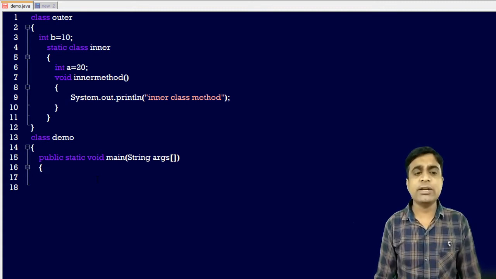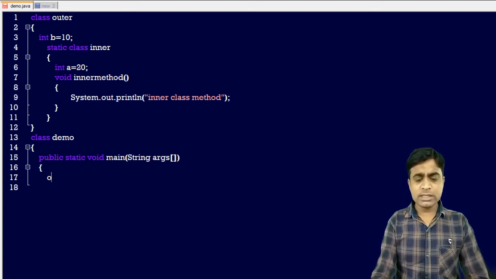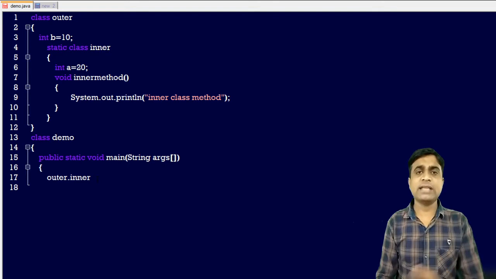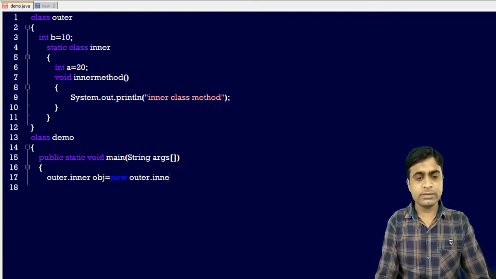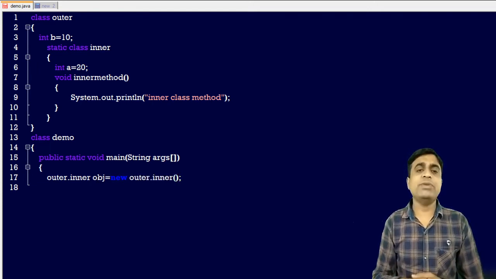We need to create an object, and here the inner class is a static inner class. So how to create the object? We write Outer.Inner obj = new Outer.Inner(). This is how we can create the object of the inner class.